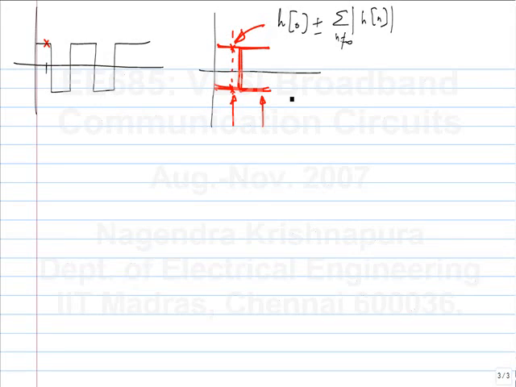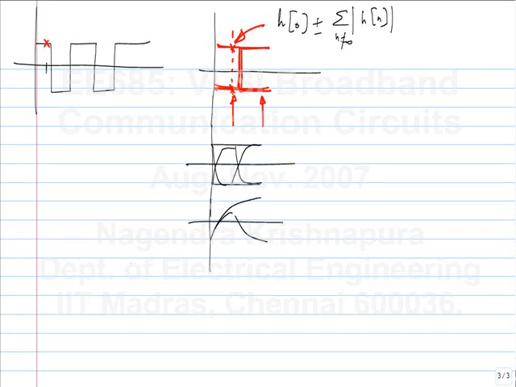Of course, for a rectangular data with no ISI, the eye diagram is quite boring. But if you have an RC filter, then it can look something like this. It will have all possible transitions. Also, if you have a further lower bandwidth RC filter, it may not reach the full value. In that case, you can get something like this, or something here. This will become very clear once you plot a few of these cases.